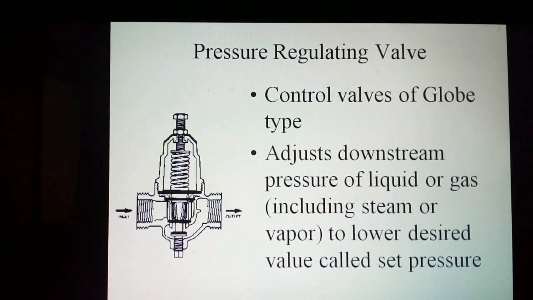Pressure regulating valves are control valves of globe type, which adjust downstream pressure of liquid or gas including steam or vapor to a lower desired value called set pressure. Pressure regulators are self-contained valve and actuator combinations that limit flow through the restricting element to match flow demand downstream. The desired performance of a regulator is to meet any